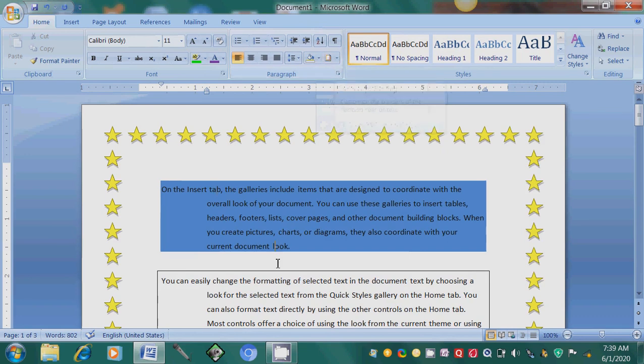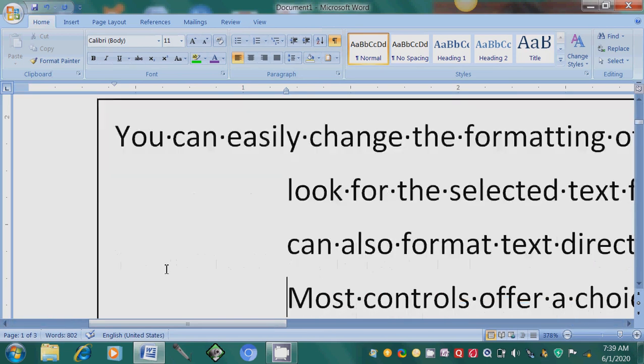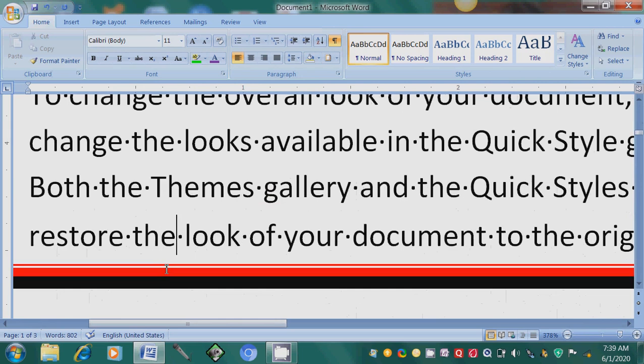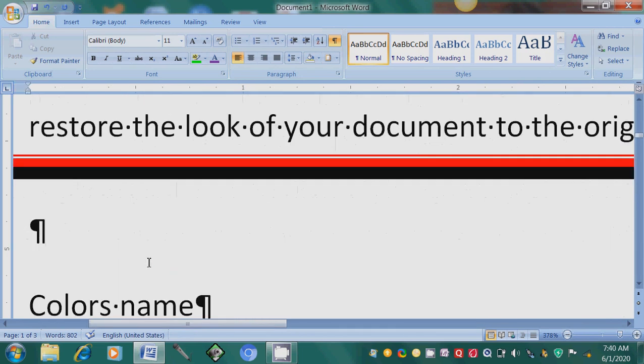Now you see the paragraph mark. This is the paragraph mark. If we click on the paragraph mark, you see wherever we have given space, dots are appearing. Wherever we have pressed enter, the paragraph mark is shown this way. This enter shows the paragraph mark.